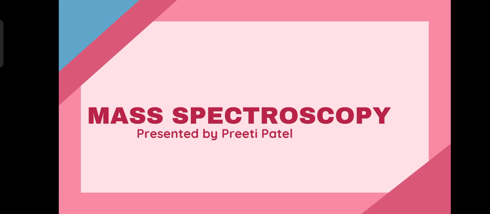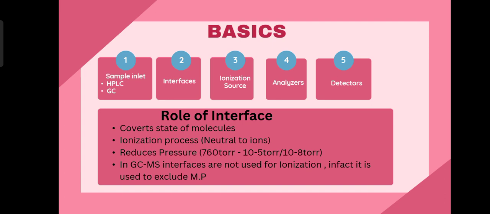So today we will be discussing one of the important topics under AIT, that is called mass spectroscopy. Let's begin. Before understanding mass spectroscopy, we need to understand some of the basic concepts: why we are using mass spectroscopy, what is the purpose of using MS. Here we are aware of various chromatographic techniques such as HPLC and GC, right, which are useful for the separation of the components present in the sample.